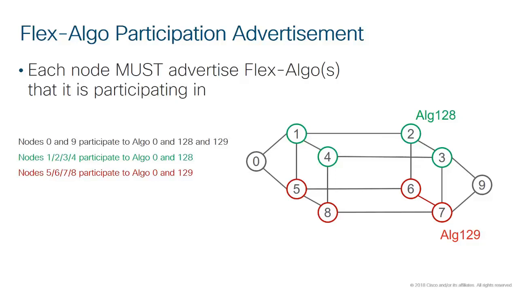Okay? So the first step is that we're going to associate a router to a flexible algorithm. Some routers in your network will be part of that flexible algorithm, others will not. For example, 5 will not be part of algorithm 128, or 2 will not be part of algorithm 129, while 0 will be part of the 3 algorithms. Once you have established the